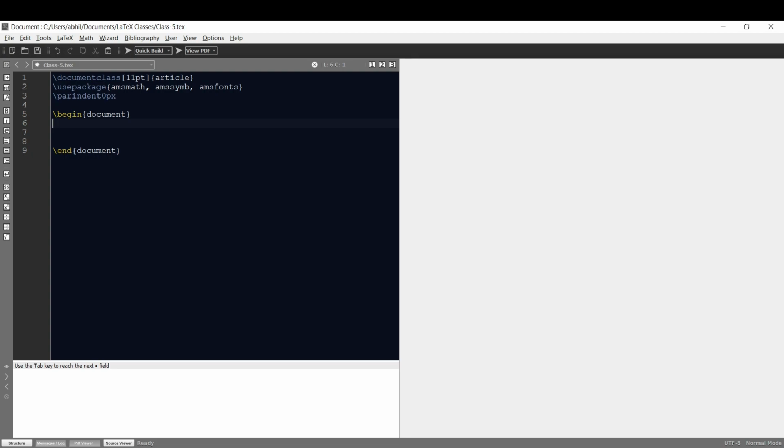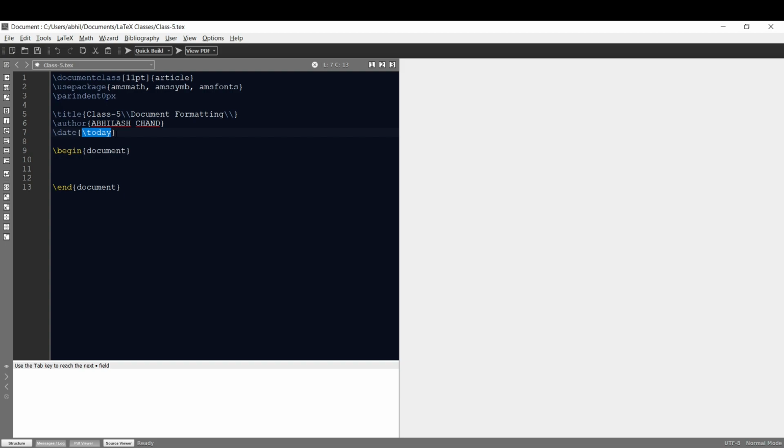So here instead of writing contents of our title page in the usual title page environment in document environment, we'll write the contents of our title page in preamble this way. So in preamble, I have written the title using \title command and in curly bracket the title of my today's document, class 5. Then I have used a line break here. Then I have written document formatting and finally I have used another line break before closing my curly bracket. Next I have written author name Abhilash Chand using \author command and finally I have written date using \date command and my date as \today.